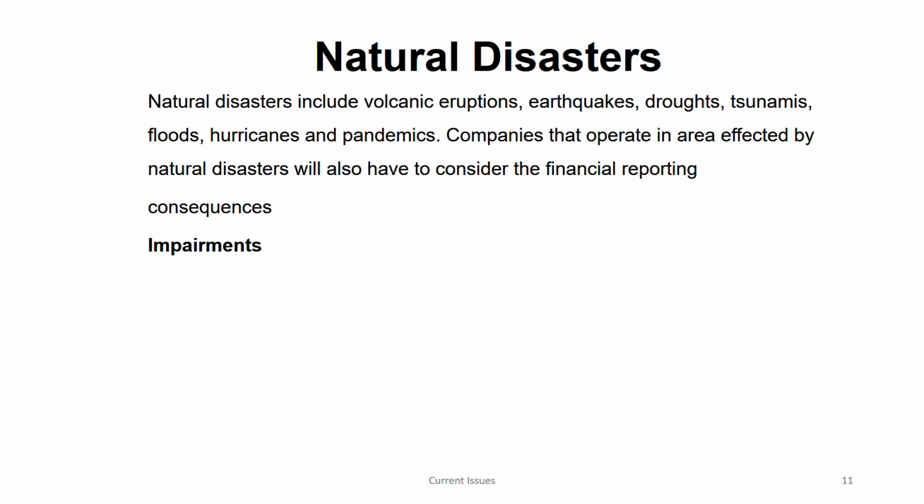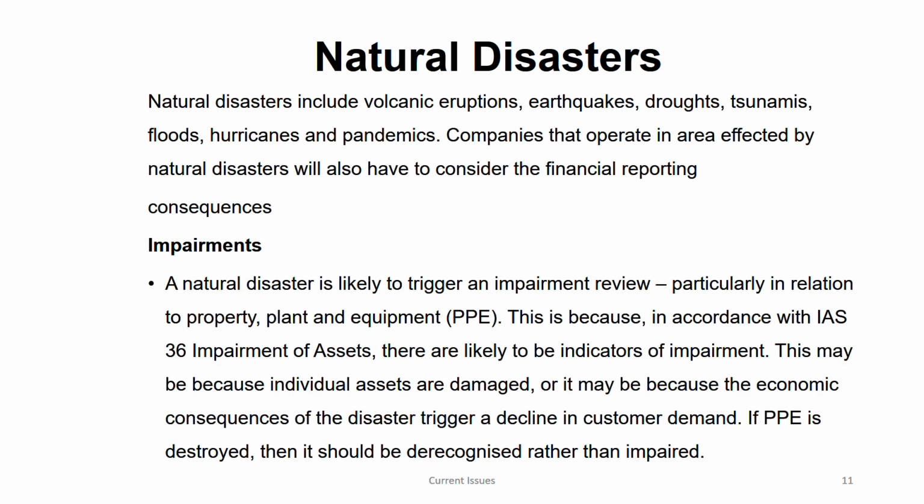I've explained it in the heading, the topic also. Before I went through this, impairment is one of it. It will affect impairment. How? Because of a natural disaster, any natural disaster, it could be anything, this is an indicator. It will trigger an impairment review. Most likely, assets will be impaired because of a natural disaster. For example, a tsunami came. All your buildings are swept away, right? So your building, whatever the asset was there, it is now impaired. Mostly relating to physical assets like property, plant, and equipment.